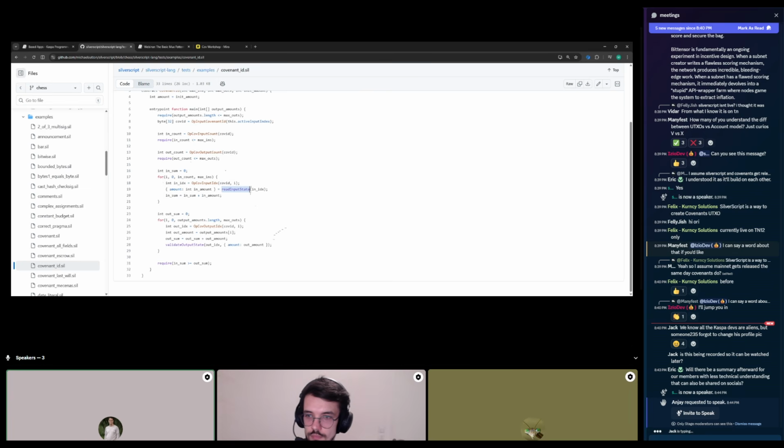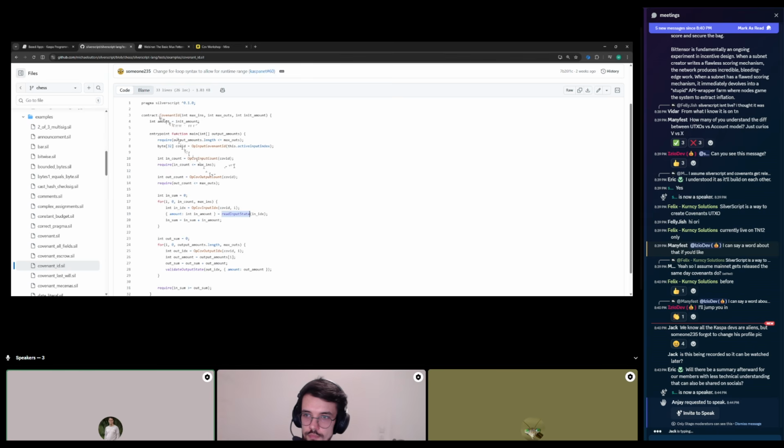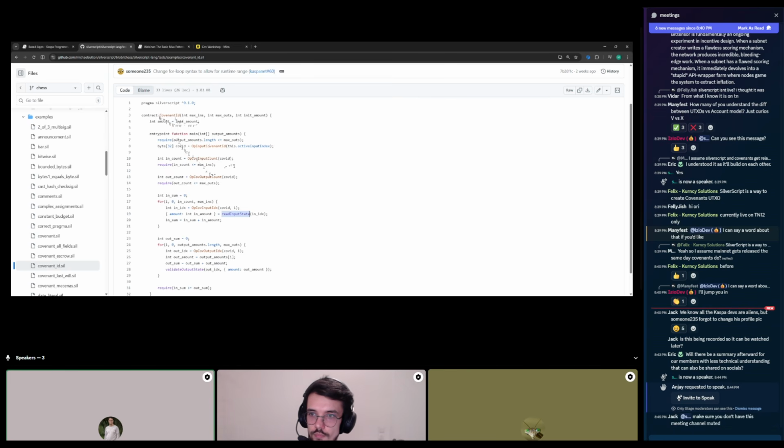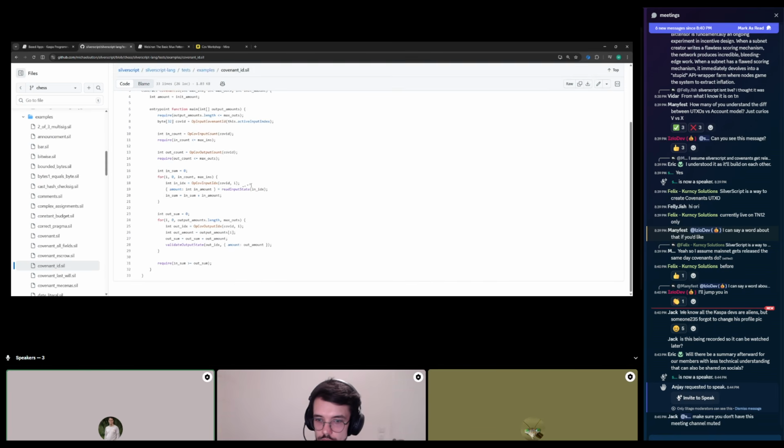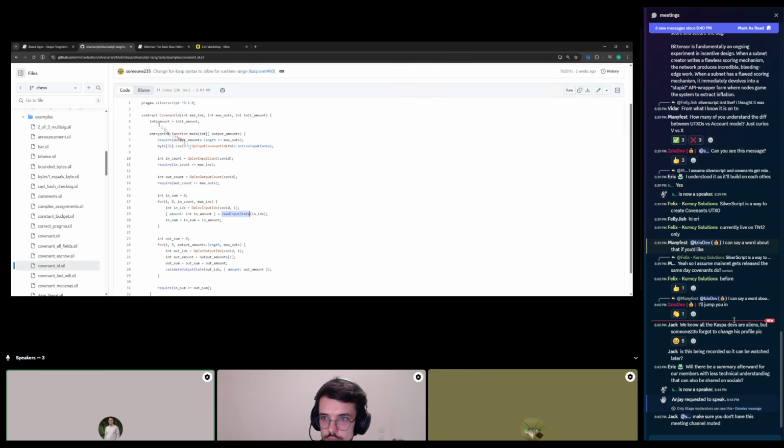Read input state is kind of the other side of that. When we run this contract on this input, and a contract runs for every input, right? That's how UTXOs work. There's a script for each input, and L1 is going to run it. We obviously give access to the state of this input in this form here. So inside the logic, you can read the amount field directly. But when we're looking at other inputs which share the same script, we have a special command for that. Read input state is going to return the same state object of amount from the other input.